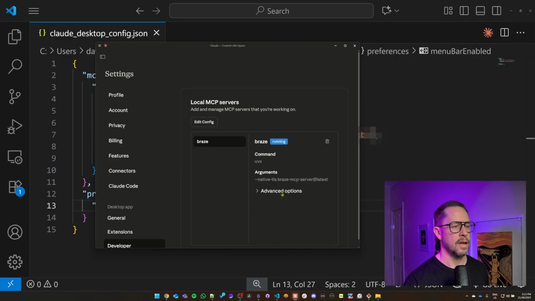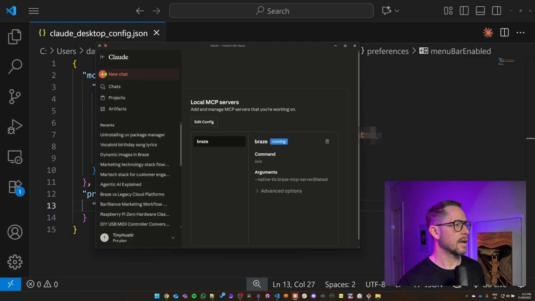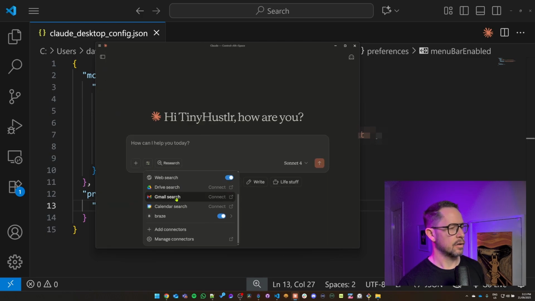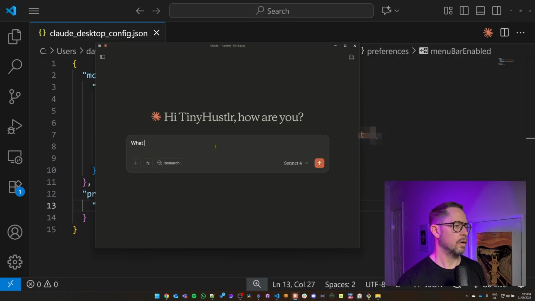Under advanced, it'll show your API key, so don't show anyone what's under there. And now if I go back and I do new chat, if I hit the filter toggle and go down, you'll actually see Braze is in this list now. You can turn it on and off in case you don't want it to use that server when you're doing a search. So now if I put what functions can I access with Braze,